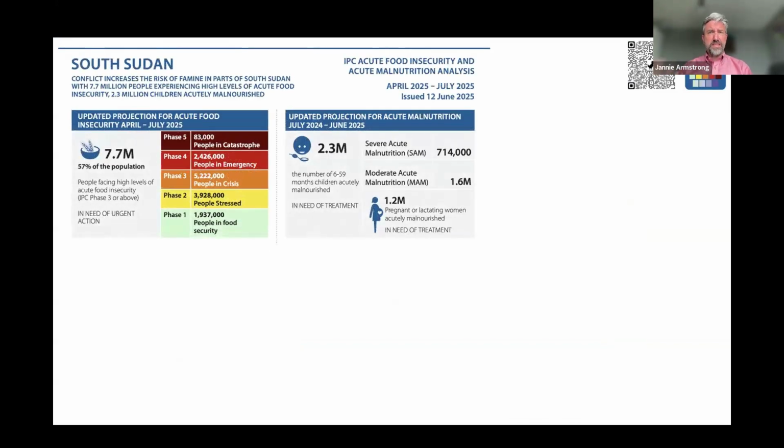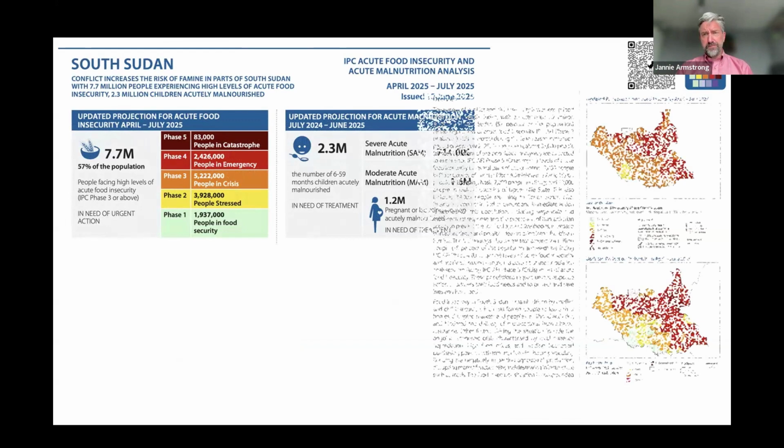So what does the IPC then look like? This is an analysis that we just completed for South Sudan. There's a QR code in the top right corner. If you scan that, it will take you to the most recent South Sudan analysis, which was concluded just last week. The IPC gives you a number. It gives you a total number of the population who are food insecure, and that population is then indicated and classified by phase. It does the same thing for acute malnutrition.